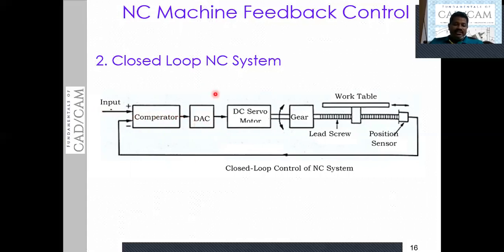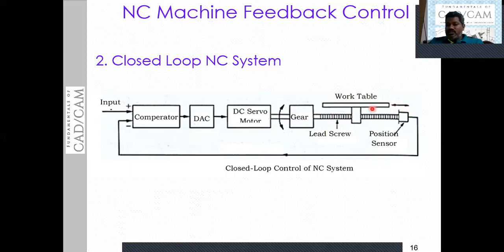So you have a device here. The function of this device is to convert digital to analog. The analog signal will be received by the DC servo motor, which in turn gives the physical motions to the gearbox, and this gearbox is going to convert and give us the mechanical work, and this gearbox is going to provide the movement to the table.